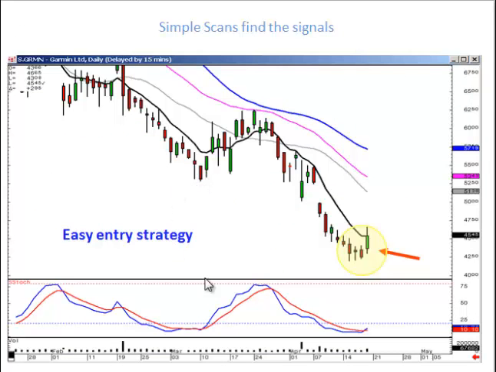And the kicker signal, especially in the oversold area, doing a little kicker signal, gapping up from the previous day's open and closing right on the T-line makes it very simple. This has been a very strong reversal. Now all we need to see is a positive open the next day. We know that this next trend is going to be fairly strong. So it makes our entry strategy very simple. If we see a positive open through the T-line after a kicker signal, you want to be buying immediately.